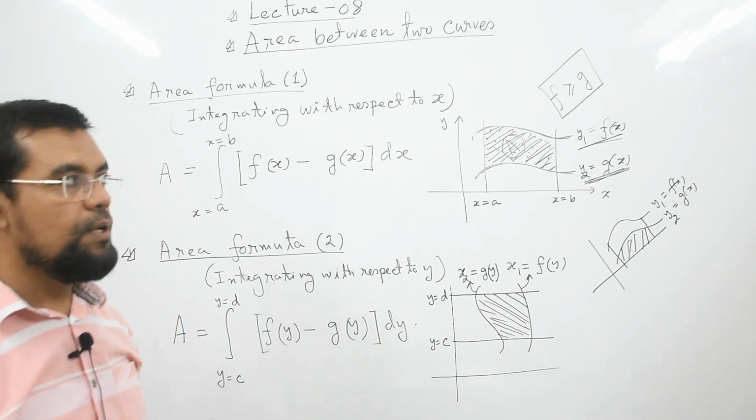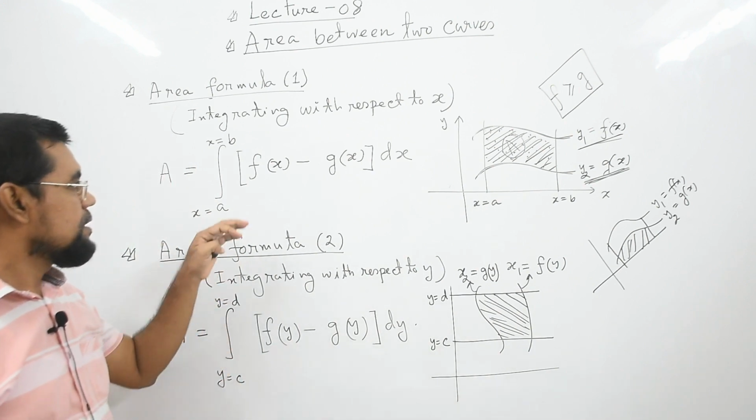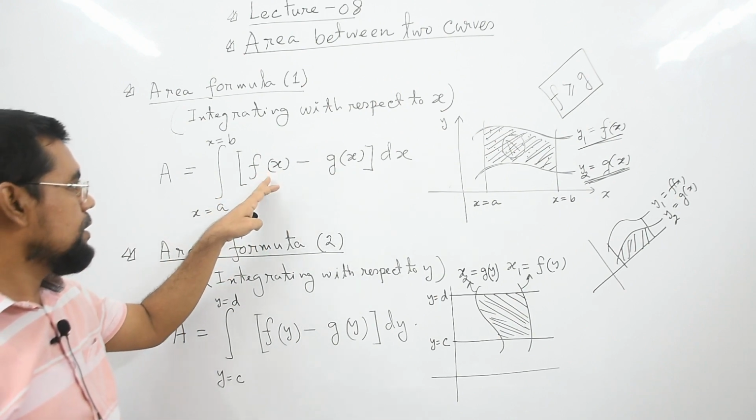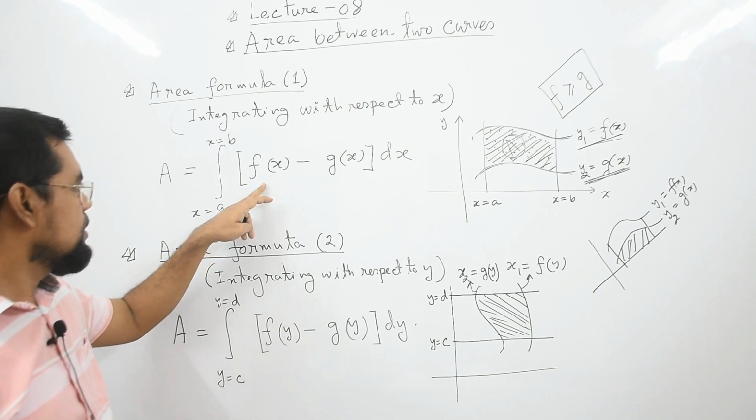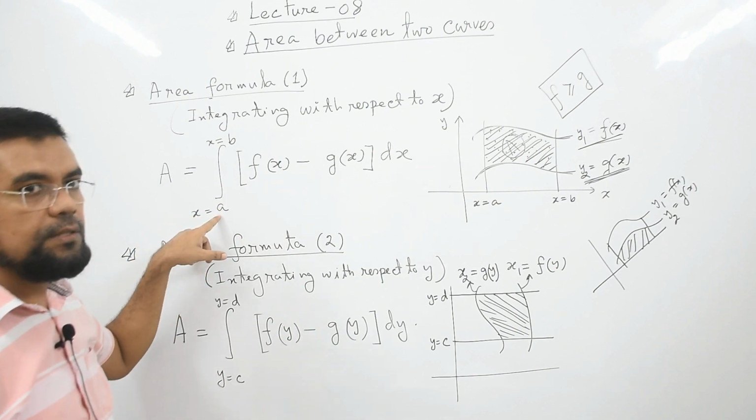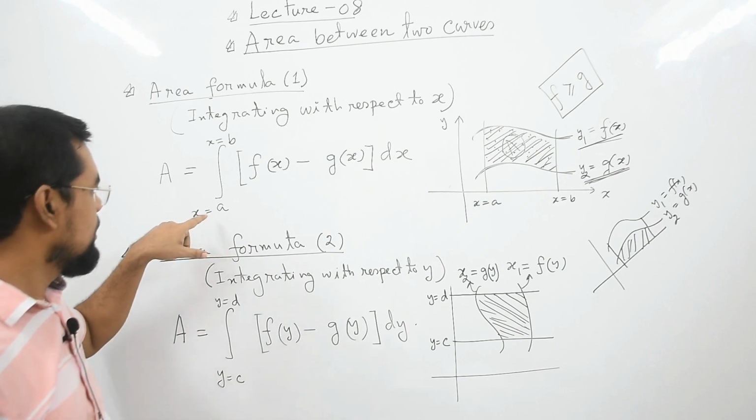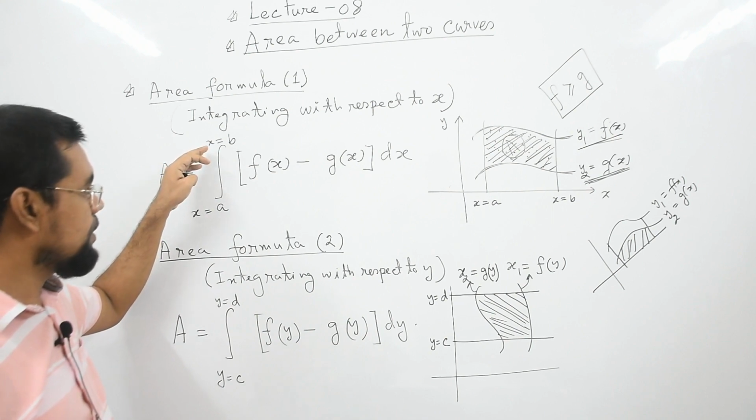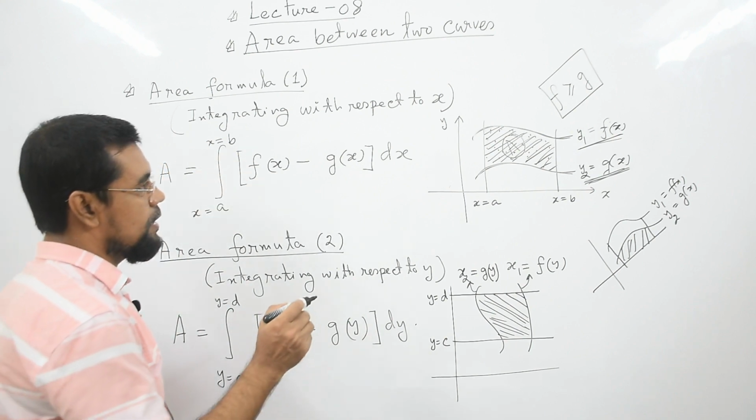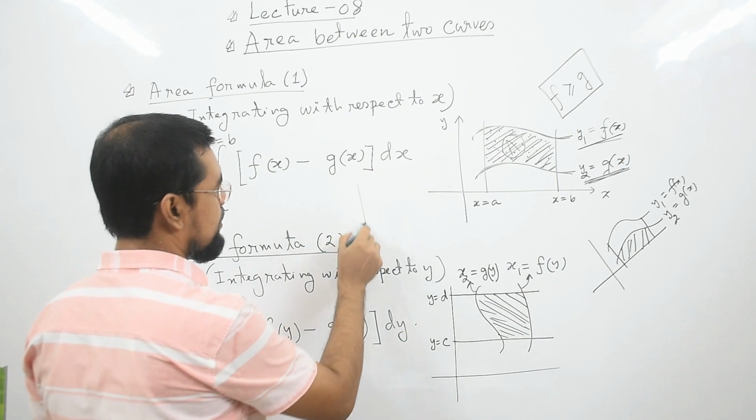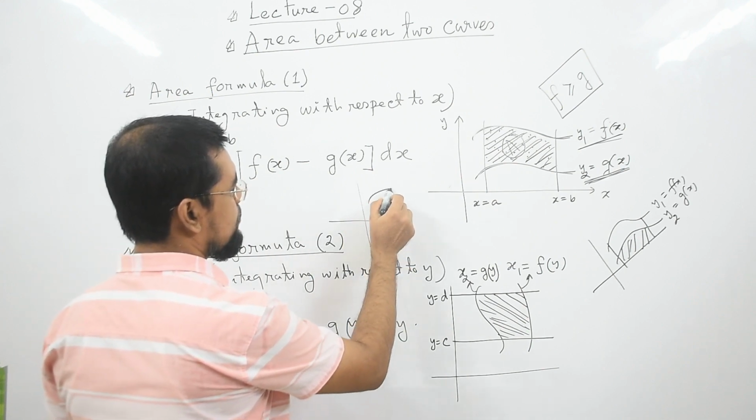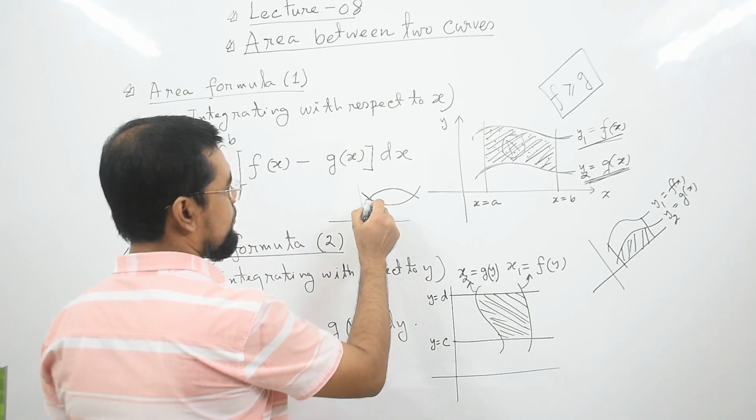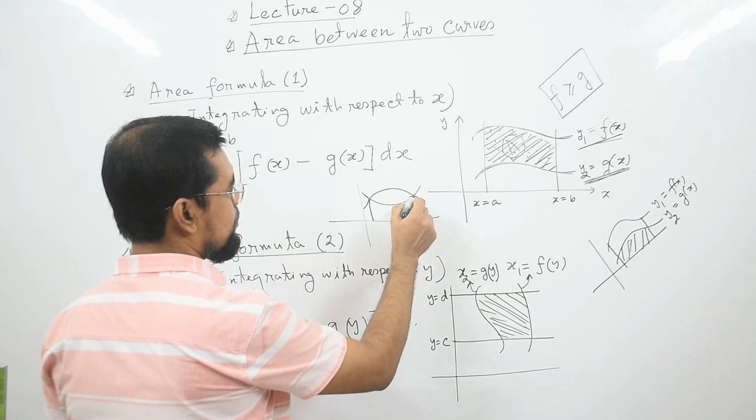You just need to subtract one function from the upper one and integrate it from x equal to a to x equal to b, where x equal to a is the left line and x equal to b is the right line. Although the curves can intersect each other like this. Let's say you want to know the area between these two curves from x equal to a to x equal to b,